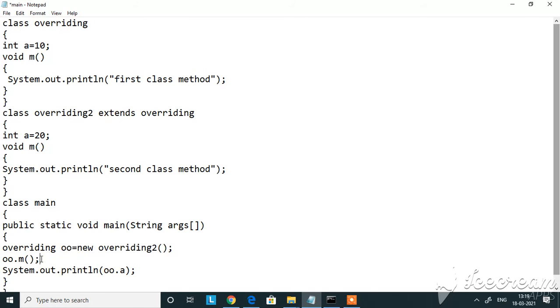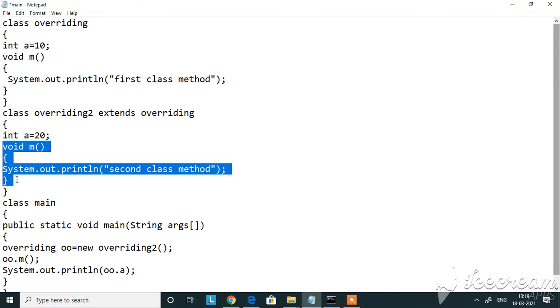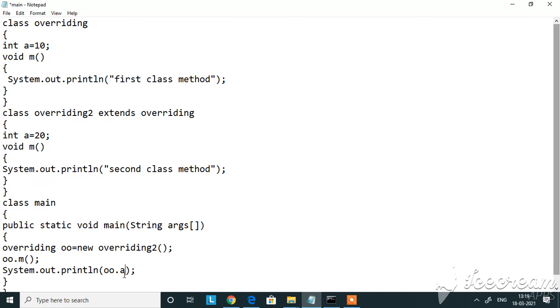Okay, and one more thing you have to keep in mind is that when you access a method using the object which is created using runtime polymorphism, you will access the derived class method. So here I'm accessing the method em. When I access the method em, I will be accessing the method which is in the derived class, that is the overridden method. Okay, and in the same way, when I access the variable using the same object,